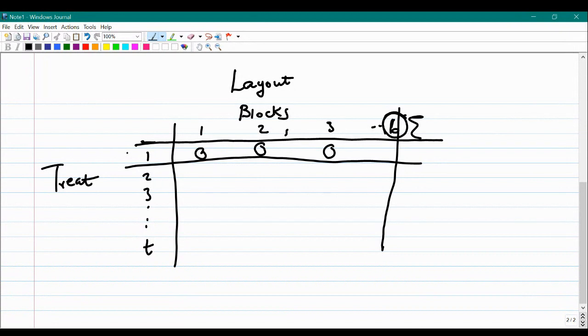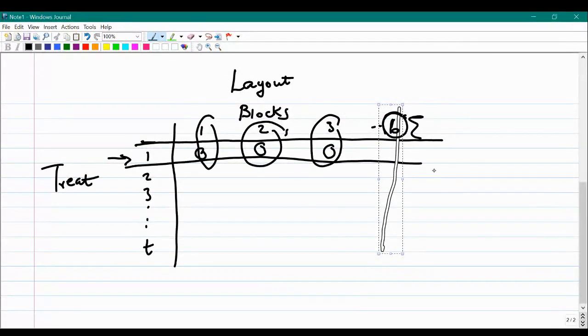Yes. You see, for you to find the sum of the first treatment, you are adding the values from each block, sorry. Remember, in this case, we have B blocks. So when you want to find the sum of the first treatment, you add the values from each and every block, because this is block 1, block 2, block 3, up to B block. That is why when you check this one, my sister, the first value here will be y1 dot,